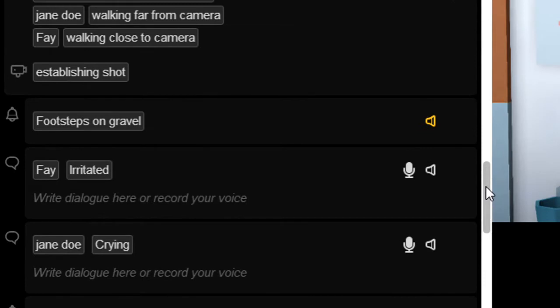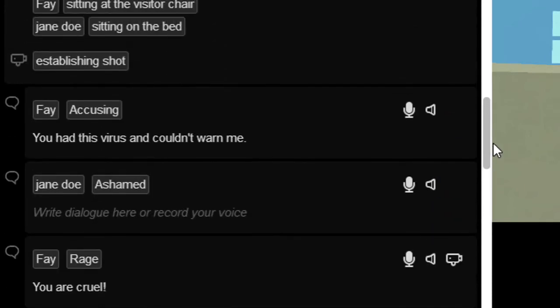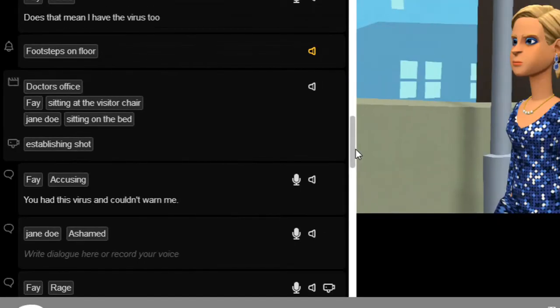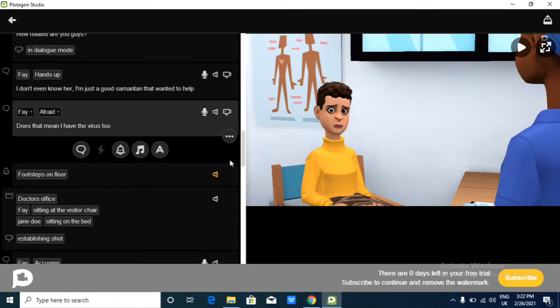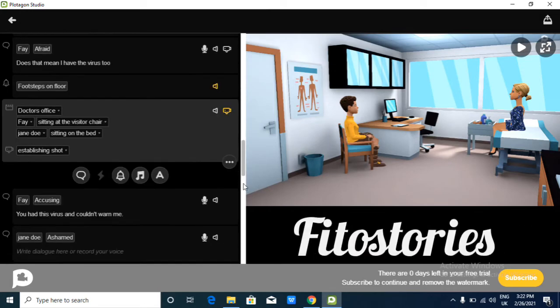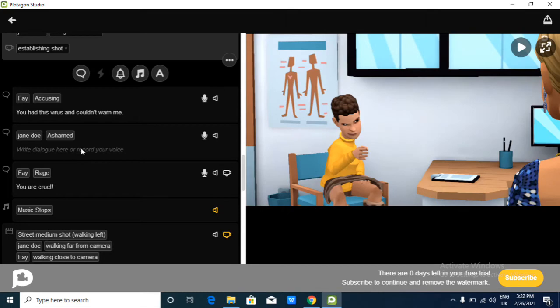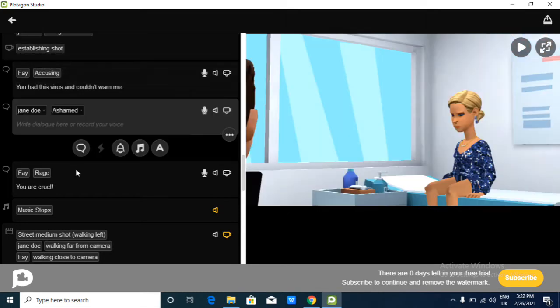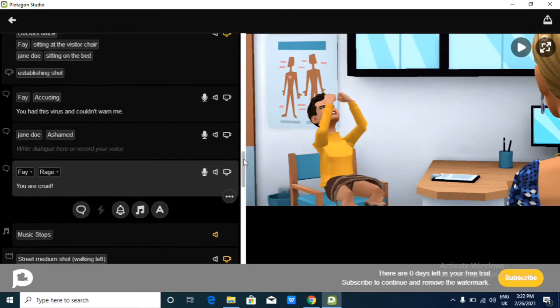So the first method I use is called using sounds, right? Footsteps on gravel. So look at it here. Let me show you guys. So after Dr. Lee spoke to Faye at this point, then she left. I had Faye accusing Jane Doe of having the virus: you had this virus and couldn't warn me. So she was accusing Jane Doe of having the virus, leaving Jane Doe ashamed, and Faye was annoying and stuff like that. But at this point,